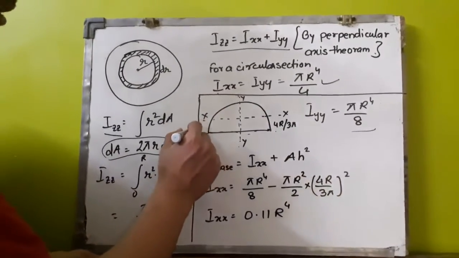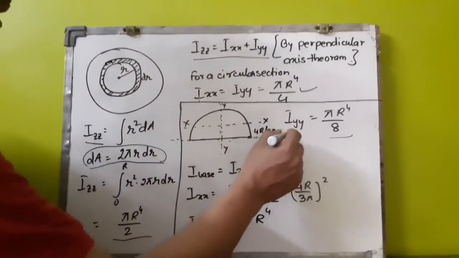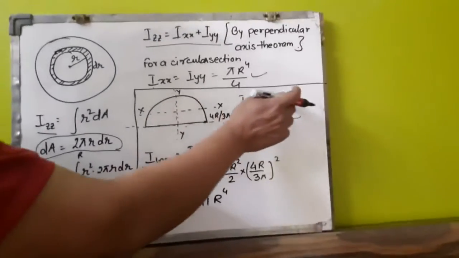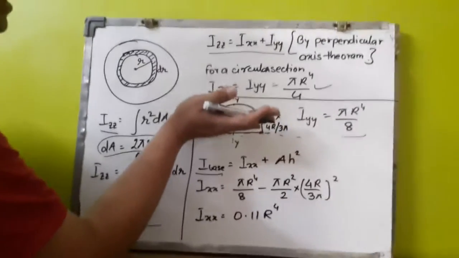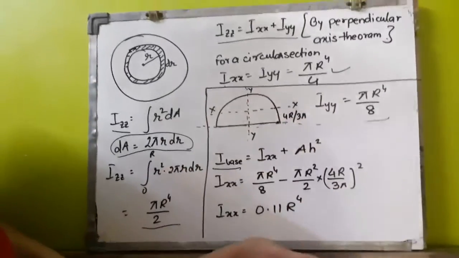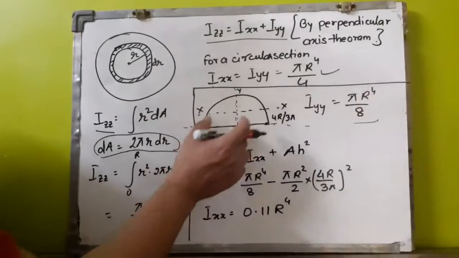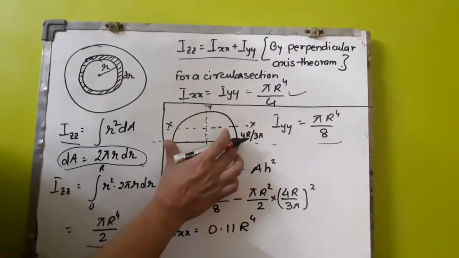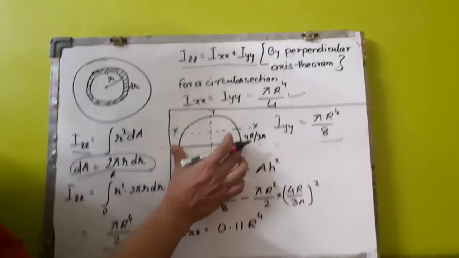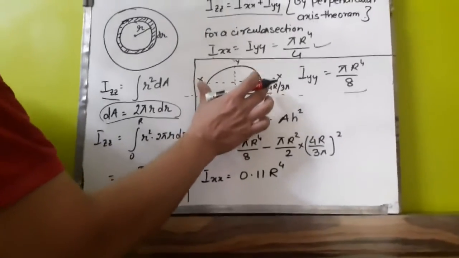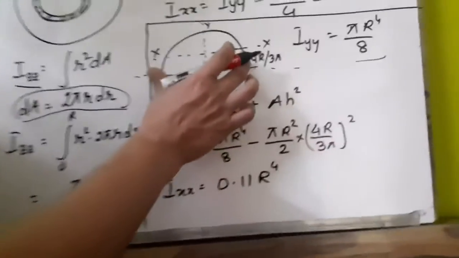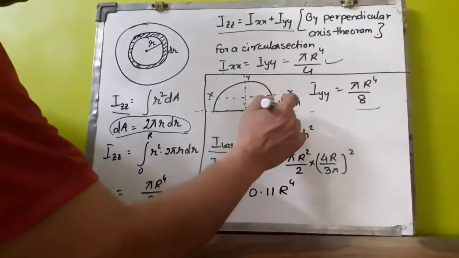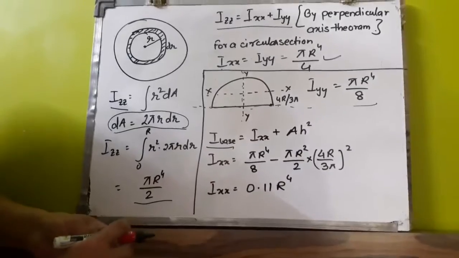Now, if you find out the second moment of area about the base of the semicircle, this I base for a semicircle will also be the same, because half of it is existent, half of it is non-existent. You are removing the other half of the problem. So it will be pi r to the power 4 by 8 only about this section. Now we need to find it about the x-axis. The x-axis does not lie on this base, it lies somewhere above it at a distance of 4r by 3 pi. This value 4r by 3 pi we have derived in our previous lectures.